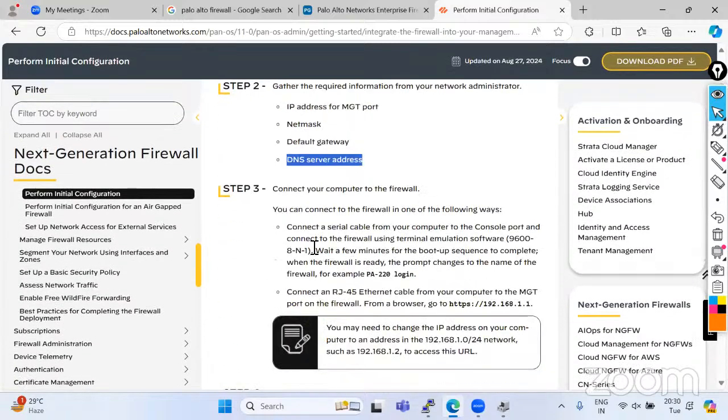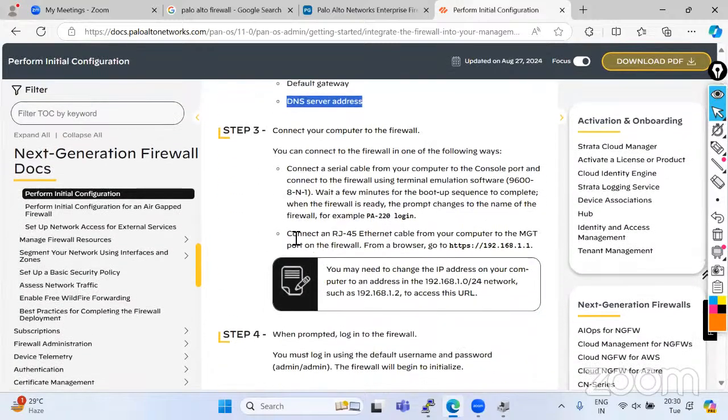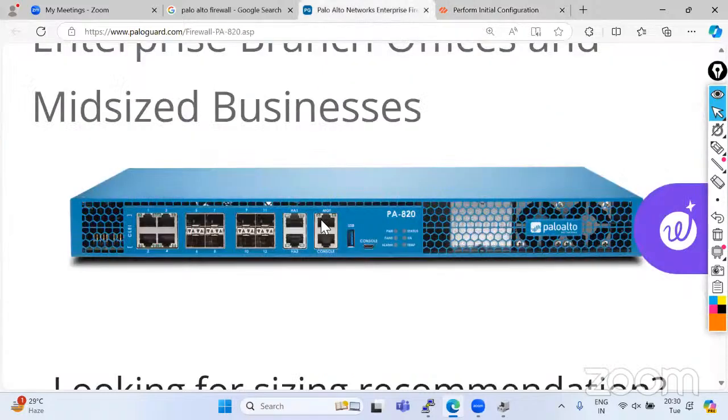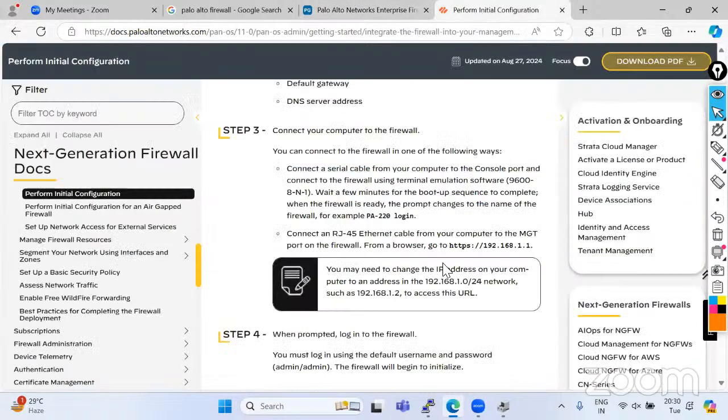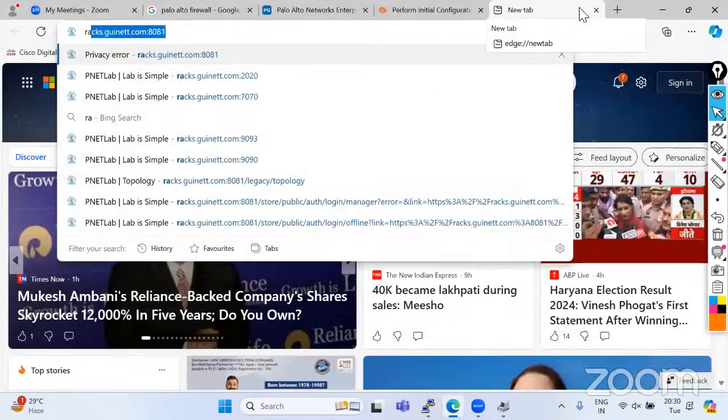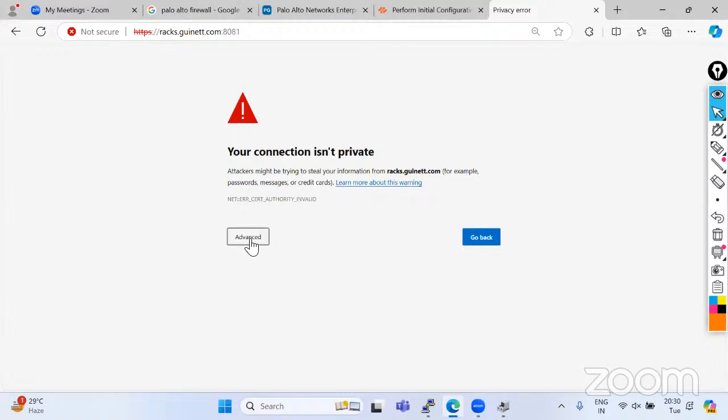Then what we have to do is connect the RJ45 cable on my firewall, one end on which port? Management port, and another end I need to connect on my PC. That is one way to take access of the firewall. So you can just think in this way. Let's suppose I'm going in here,